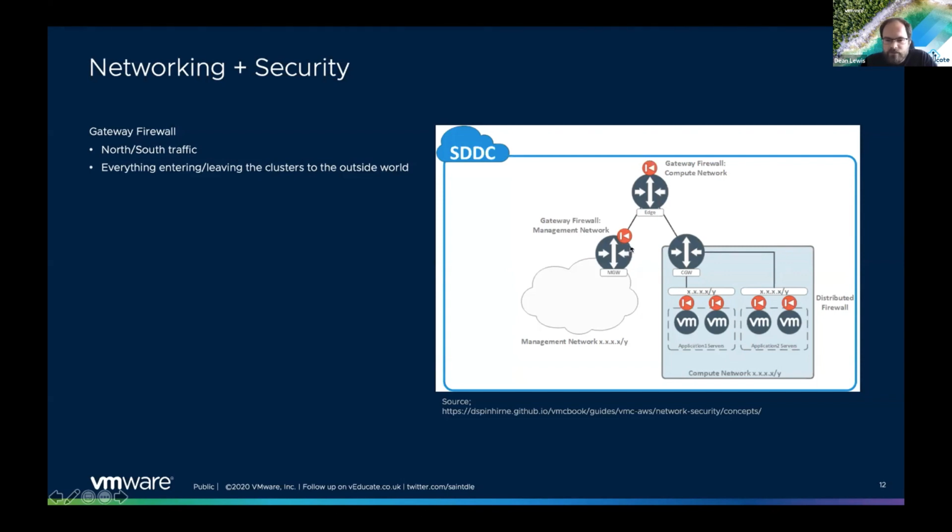So you have two gateway firewalls. You have your management gateway firewall, which looks after the management networks, things like your vCenter and the ESXi hosts, and if you set up anything like a managed HCX service for migrating VM workloads between your on-prem and your cloud environment. But essentially, as a user, as an administrator, you're going to be focused on the compute gateway firewall,